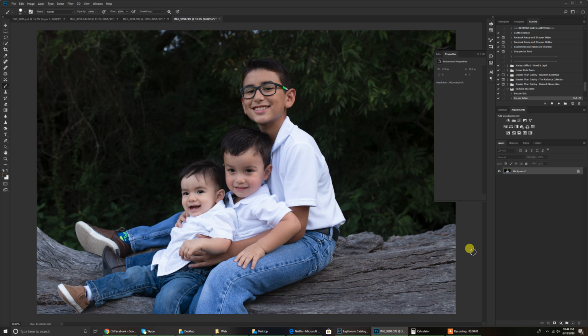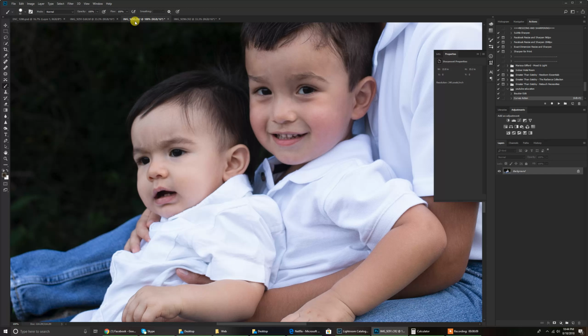Hey guys, so I just wanted to show you real quick how I would do a face swap for clients. Most of the time when you have little clients, I tend to overshoot, and I do that just to ensure I have an image where they are all looking at me or looking with a cute little face. So if you see these two images,